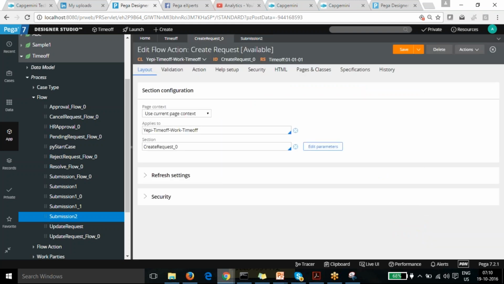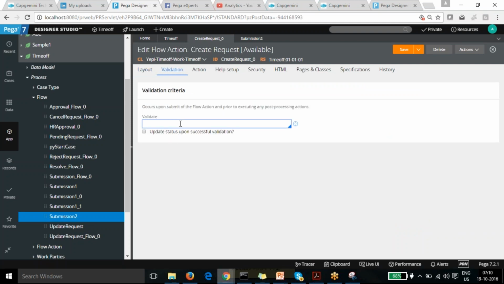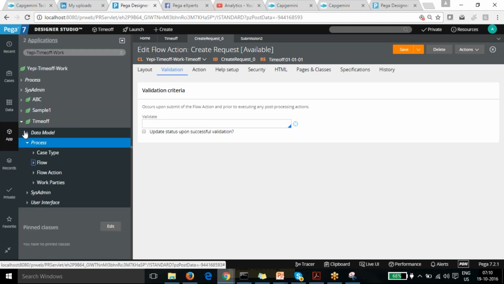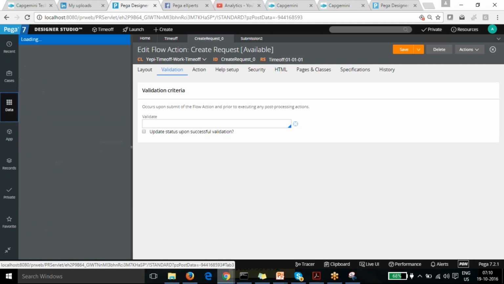Yeah. So that's it. If you see your validation, here I need to put the validation logic. For that I need to create a validate rule. Okay. Before that I'm going to show you the email. I'm going to use a field called email. So for that I need to create a property. Yeah, for that we need to create the property as an email. In the employee, I'm going to create one more field, email, so that I can show you the edit validate rule for the same.